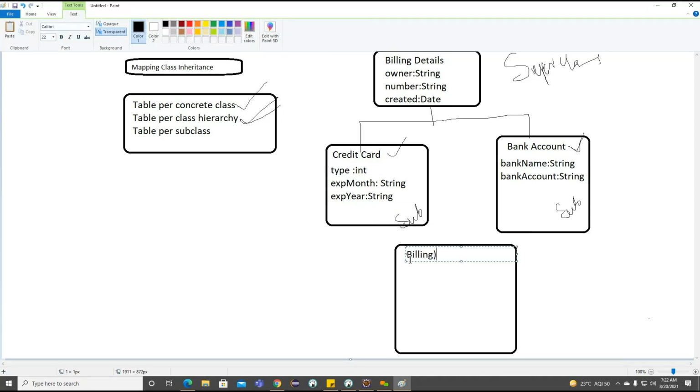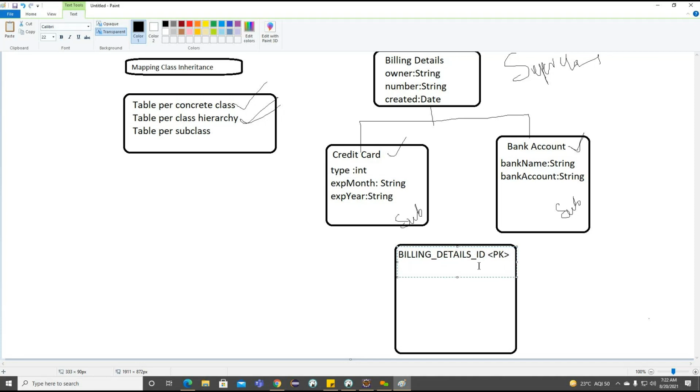First one, billing details ID, getting the point. This billing details ID will work as a primary key, right?